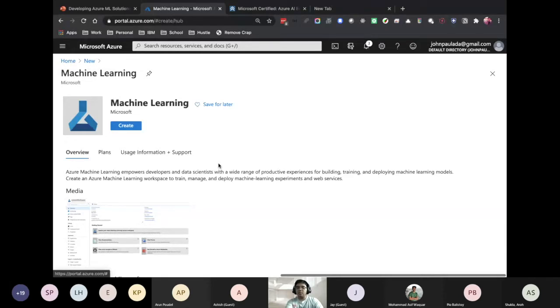It will automatically create a key vault, a storage account, what else? Application insights. It will create those automatically, and also your actual machine learning studio. So it will provision those. Technically you can also do them separately and just connect them as you create, but that's more programmatic. You can't really do that here in the Azure portal, right?